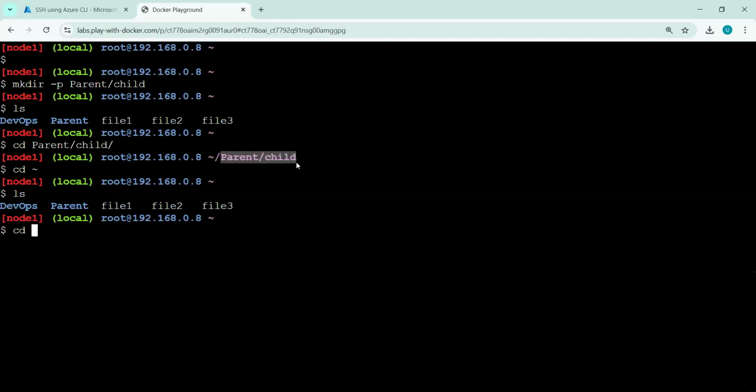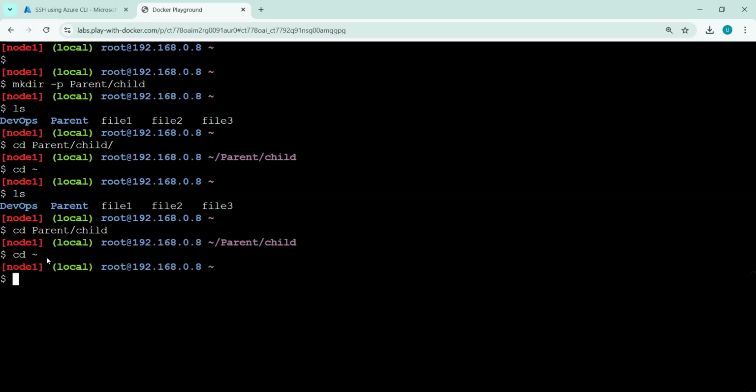So like this, we have learned Control Insert for copy and then Shift Insert for paste. And I can move from one directory to another directory like this. If I want to go back to home, cd tilde, so it will go directly to that location, any location. Now here we want to move the file.